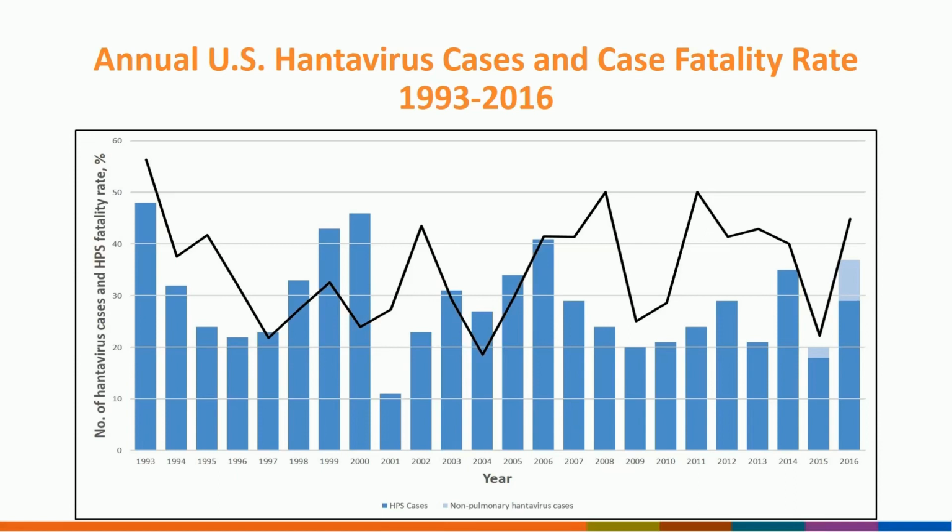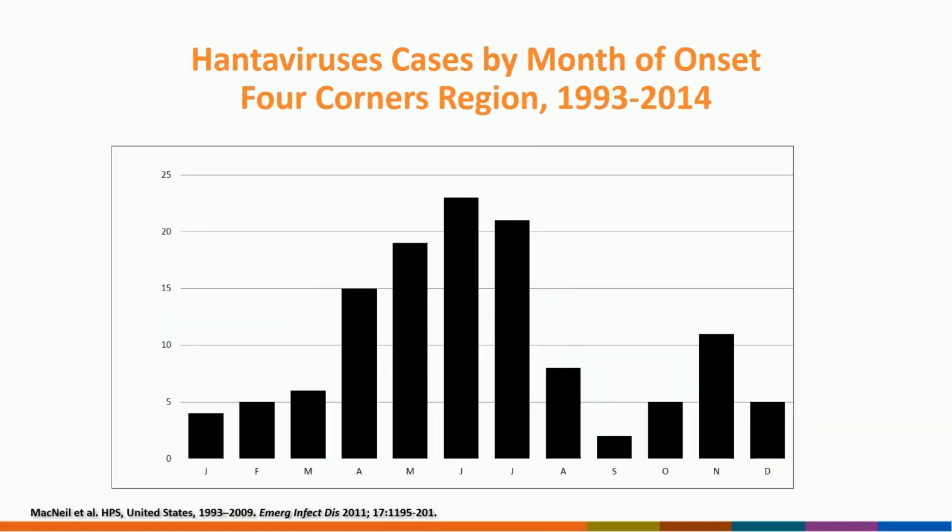The 1993 through 1994 outbreak and the 1997 through 1998 outbreak followed El Niño years. The black line depicts the annual case fatality rate. Although the case fatality rate varies each year, it has been fairly consistent at 36%, except in 1993 when hantavirus was first described. This graph depicts reported hantavirus cases by month of symptom onset for the Four Corners region from